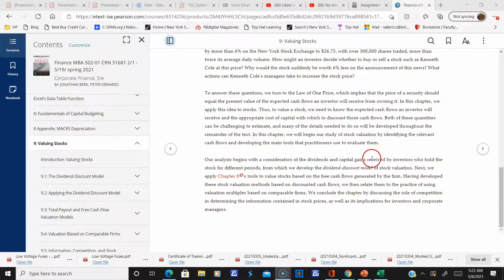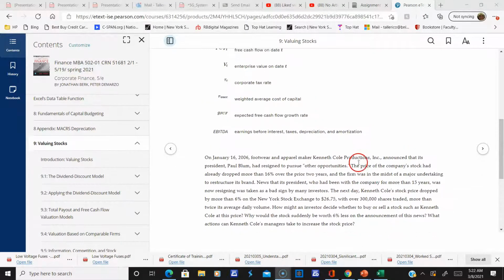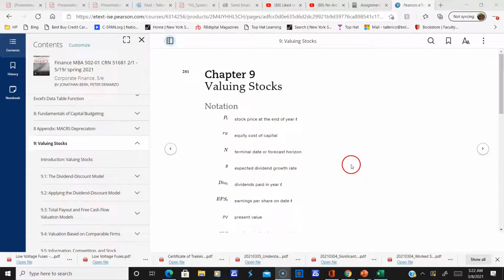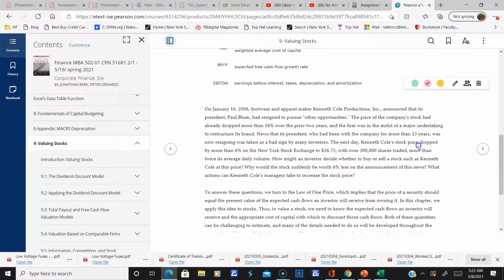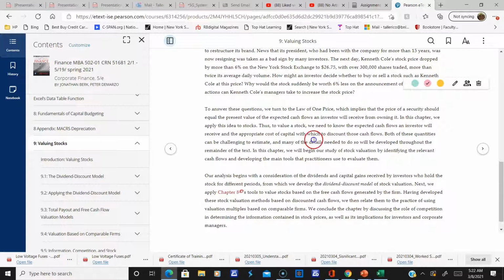What we're going to look at now is we basically did a lot of work on valuing bonds, and now we're going to look at Chapter 9, which is the counterpart: valuing stocks. How does one put a price on stocks? How do we value stocks? And again, we're going to turn to the law of one price, which is all over